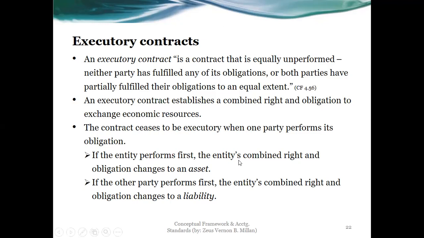The contract ceases to be executory, meaning it stops when one party performs its obligation. Example, if the entity performs first, the entity's combined rights and obligation changes to an asset. So if one party, for example, pays, then there is really the right to receive that particular asset that is to be acquired. If the other party performs first, so meaning, let's say the party delivers or sells the asset